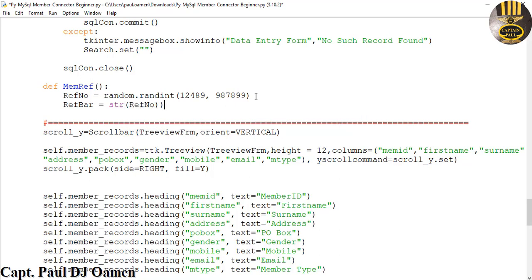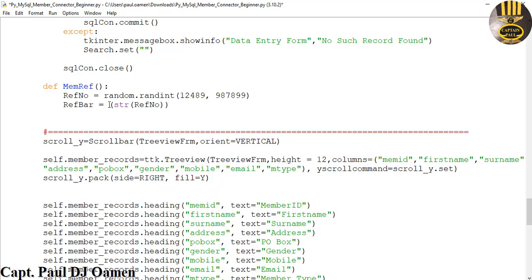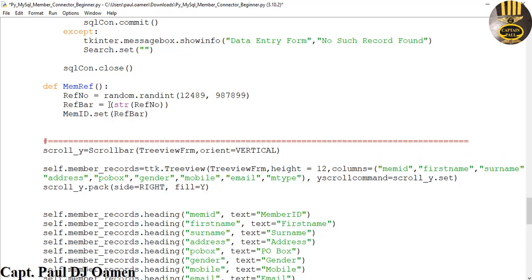Ref number, convert that to string, and my ID dot set reference bar, then we'll say reference BC, that is equals member,